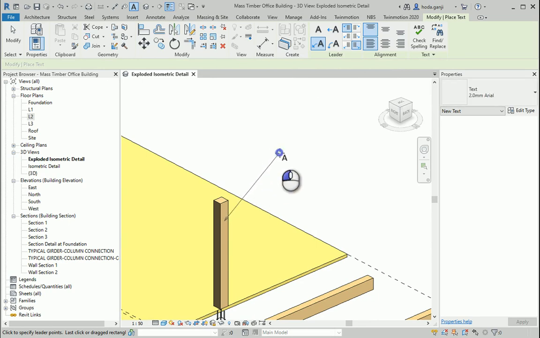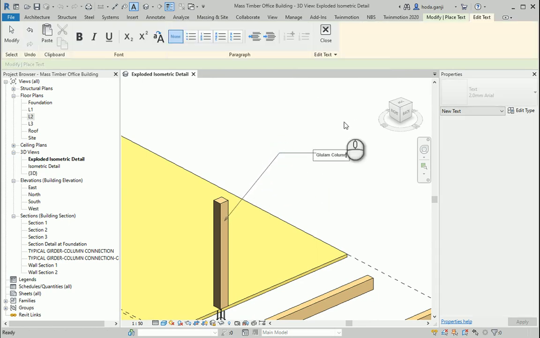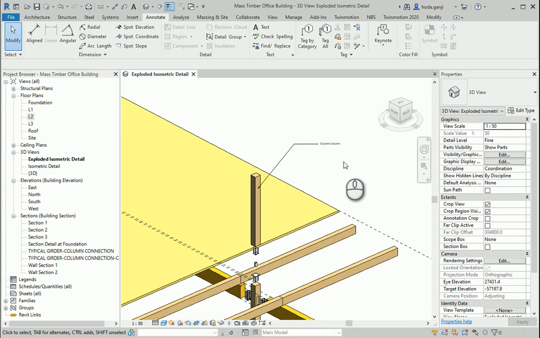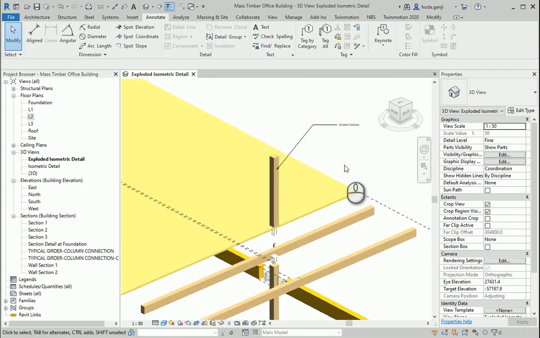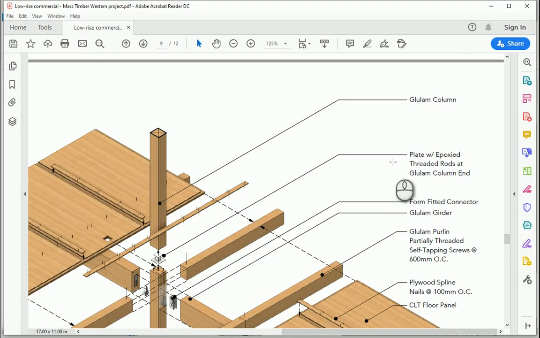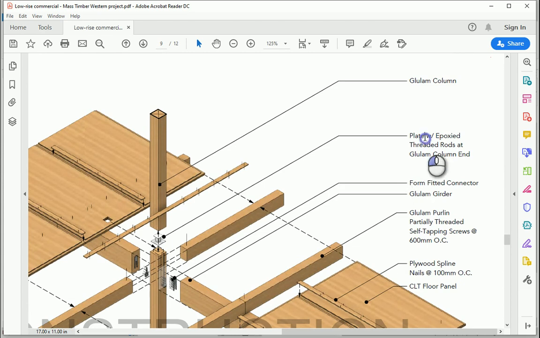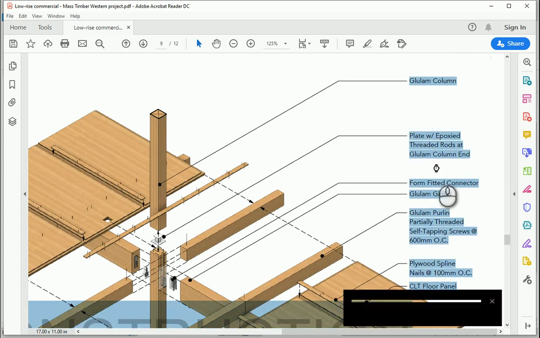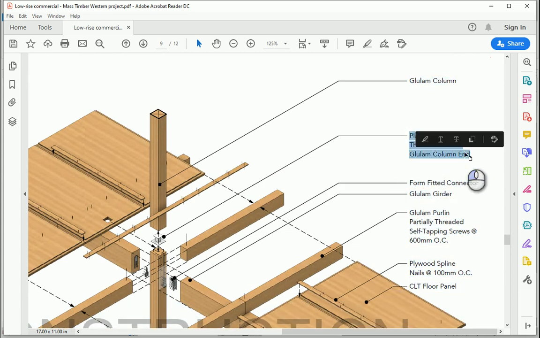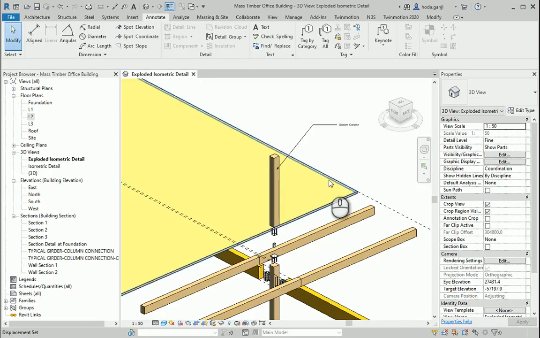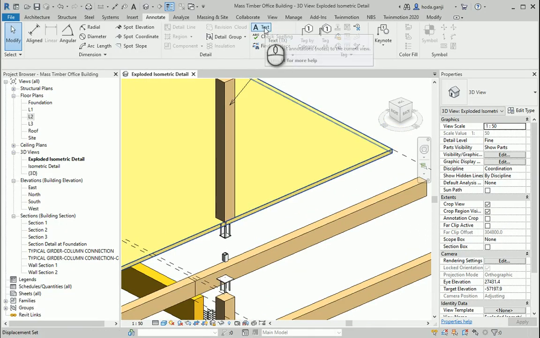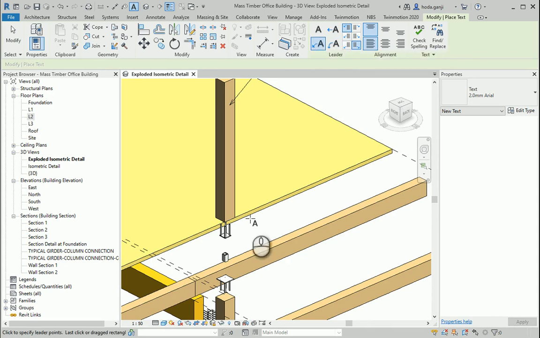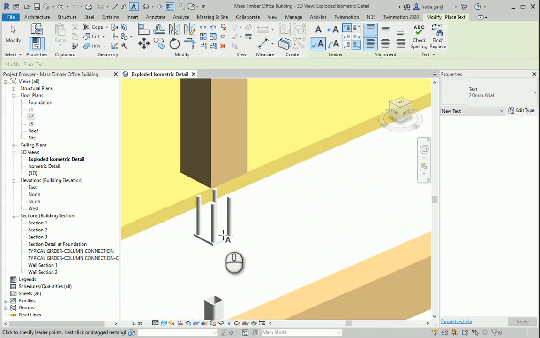So here, okay, and what else? Plate, yeah, let's do that. I wanna add another text for the plate.